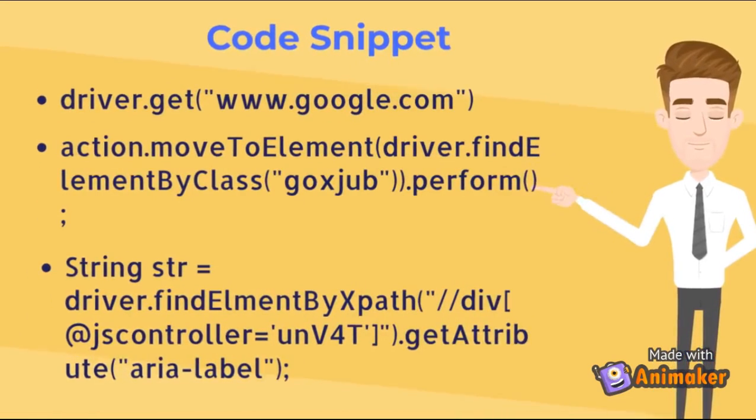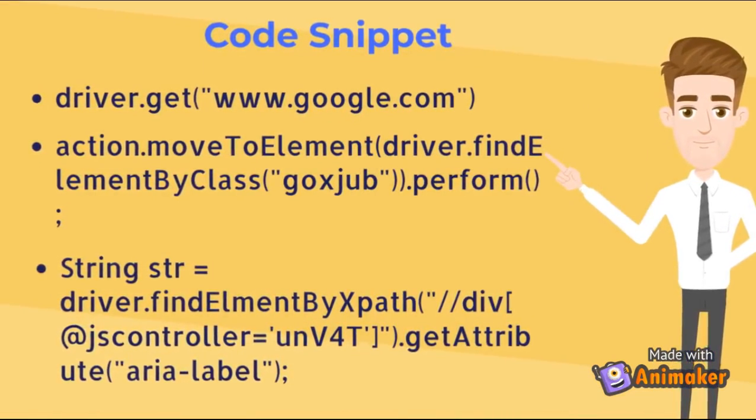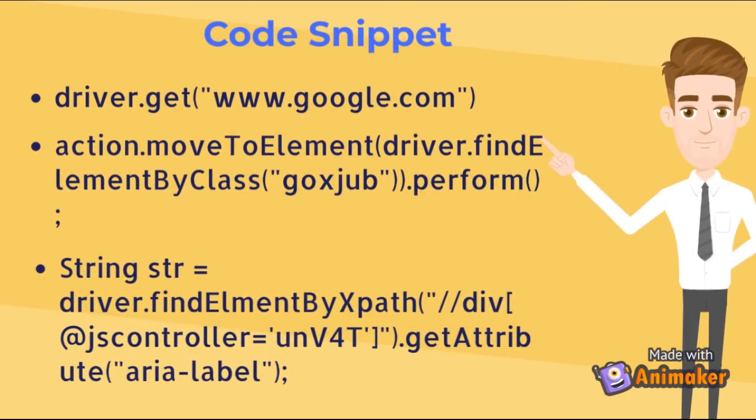So if you see the code snippet, first what we are doing is we are launching the google.com, then we are just mousing over that mic icon using the action class in Selenium. Then after that we are trying to identify that particular element, and using get attribute we are just retrieving the tooltip text. So this returns string, so we can just do sysout. So this is how you will capture the tooltip. So there is no direct way, but we can capture it from DOM. So we'll move to the next question.